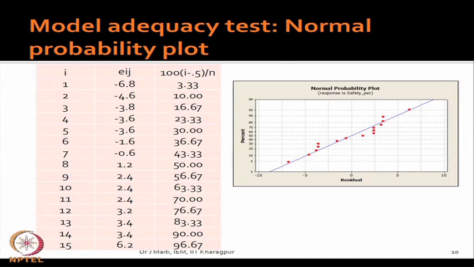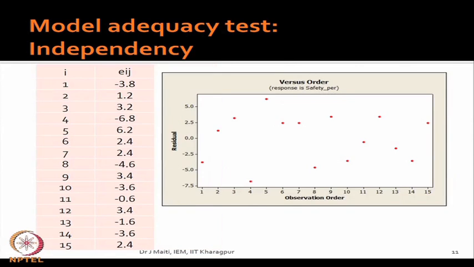That is not sufficient, you have to do this adequacy test also. So, under adequacy test, the first point is the normal probability plot. Now, come to the second point, independency. What we said? We said that the